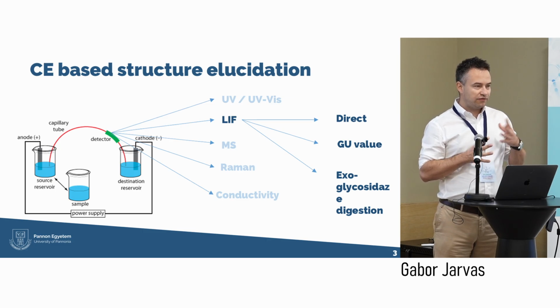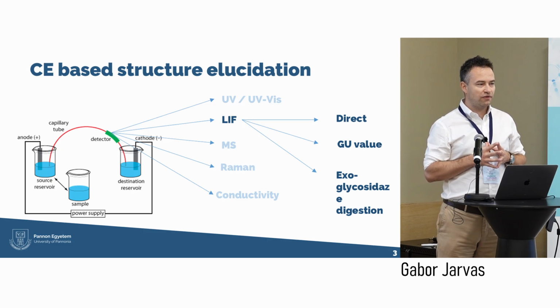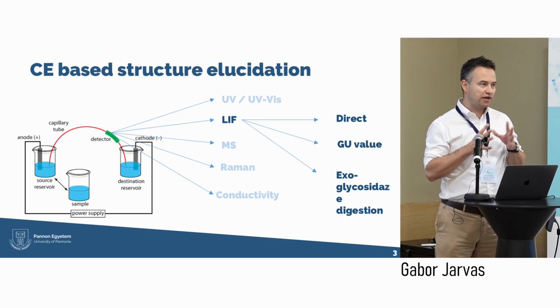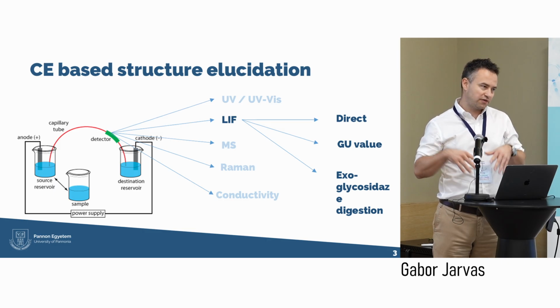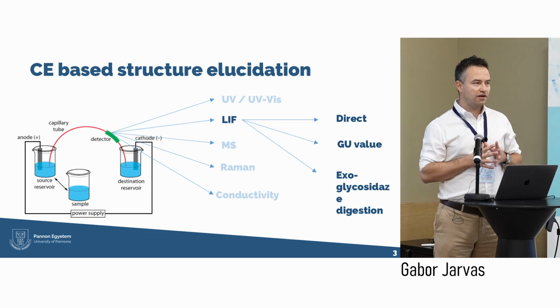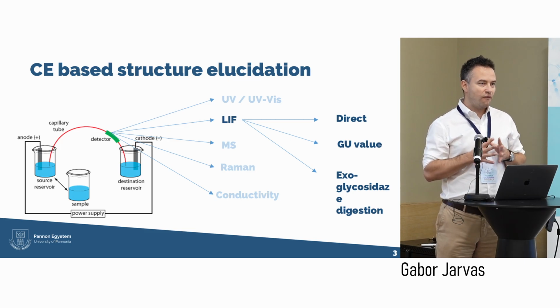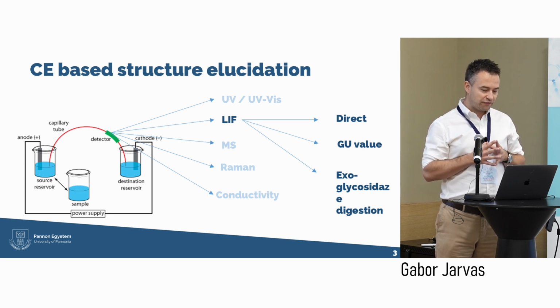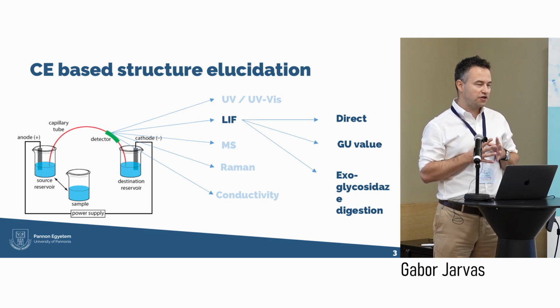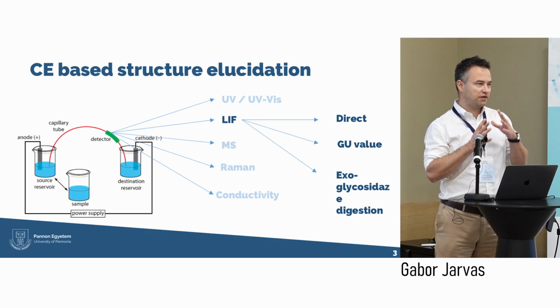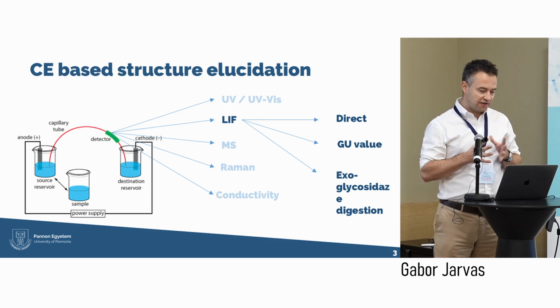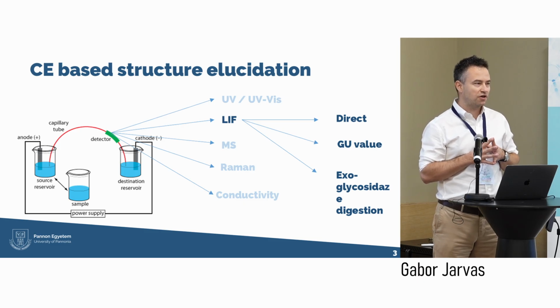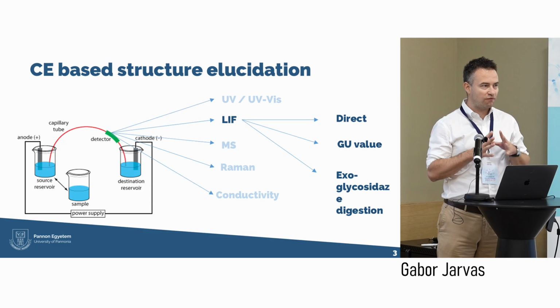But if that's not the case, then we should go with the GU value approach, where we are mitigating the peak shifts, instrumentally, inter-day, inter-laboratory, interpersonal ways. So there are so many reasons when the peaks can shift. And if it is still not enough for confident peak identification, then we have the third option, the so-called exoglycosidase digestion, which helps us to identify the certain peak in question. But this exoglycosidase approach is a very time-consuming, complex process, so it's not the one we can use in the